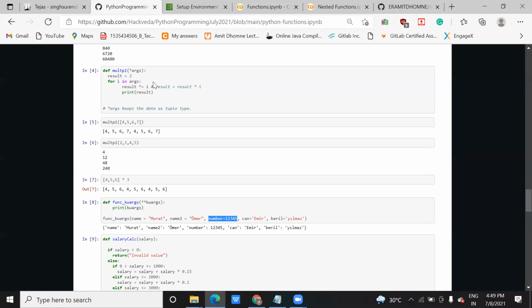Okay, in Java there is a collection. In Java you use an array, right? So there is the concept of an array, and there is a list also, linked list and everything. In Python, in terms of an array we use a list. List and tuple, these are all data structures we use in Python. So here also this argument will act as an array or as a list. But this particular argument args will accept elements one by one, based on the index. List 0 index, list 1 index.